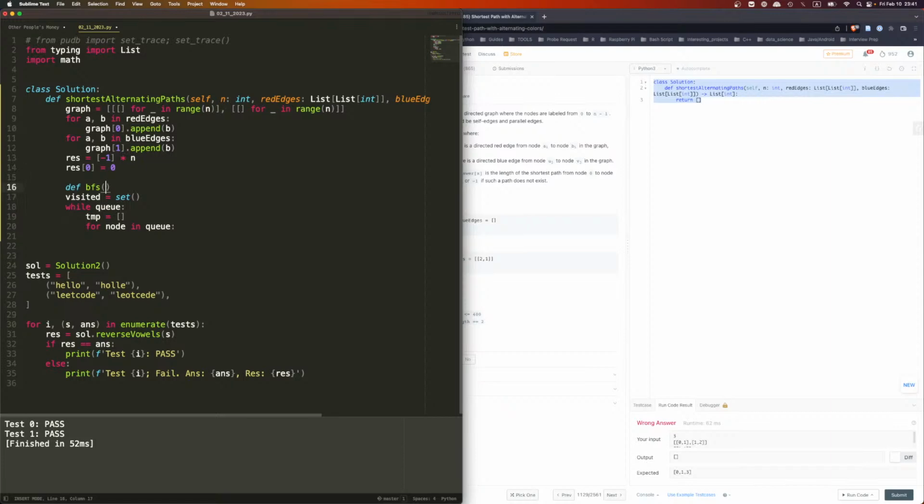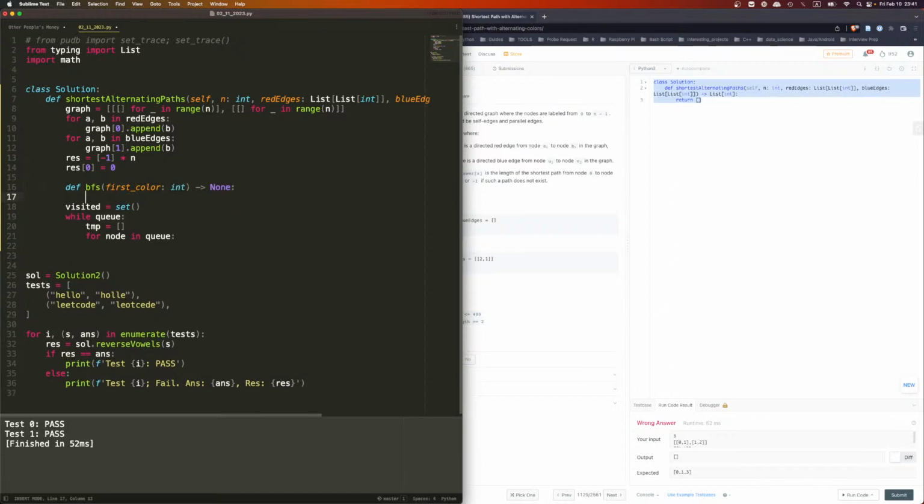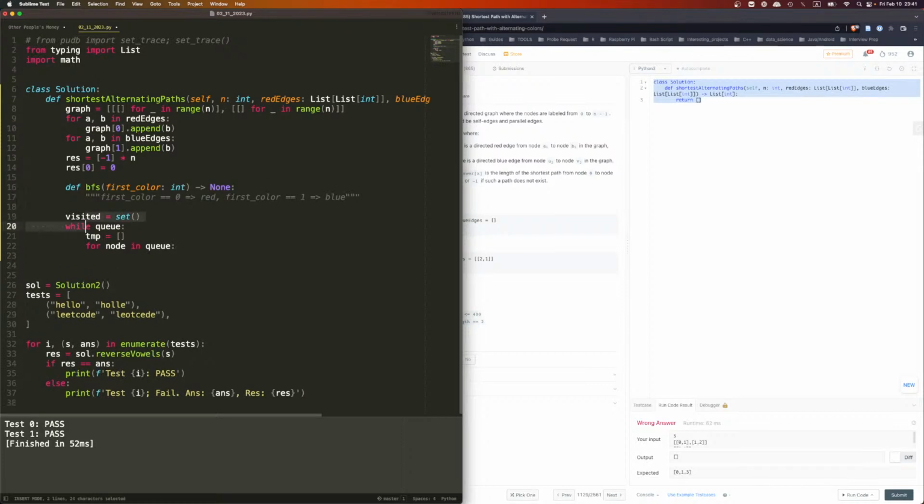And then first color, int, and we'll return nothing. All right, and now we can say int first color equals 0, that's red. First color equals 1, that's going to be blue. Okay, now what we're going to do is we'll do this. We have a Q, right, equal to start 0 and first color. Okay, and then this equal this, well, this and this for node